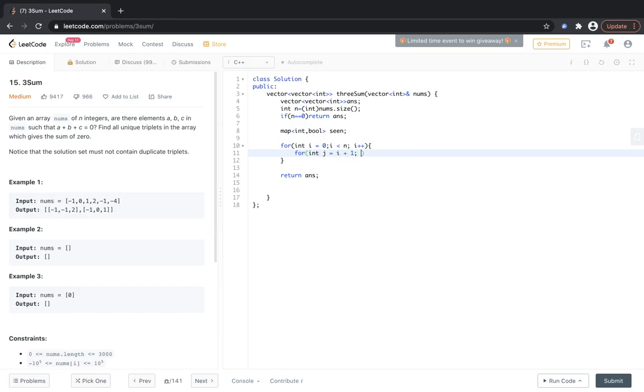So j is equal to i plus 1, j less than n, j plus plus. So what is sum? It is nums i plus nums j, and if we have already seen the negative of this sum, then yeah, okay, this would be a triplet. So let's call it,